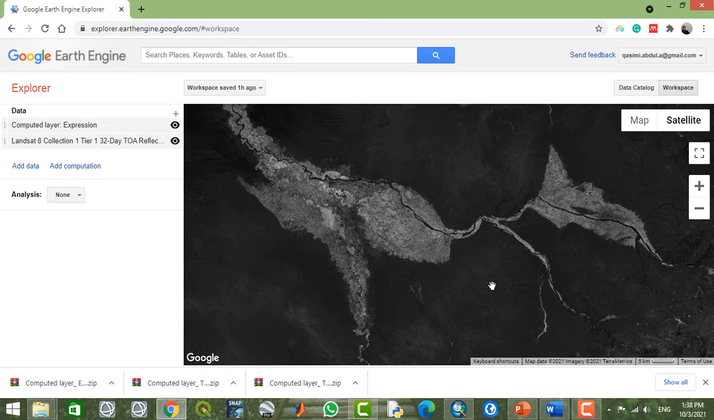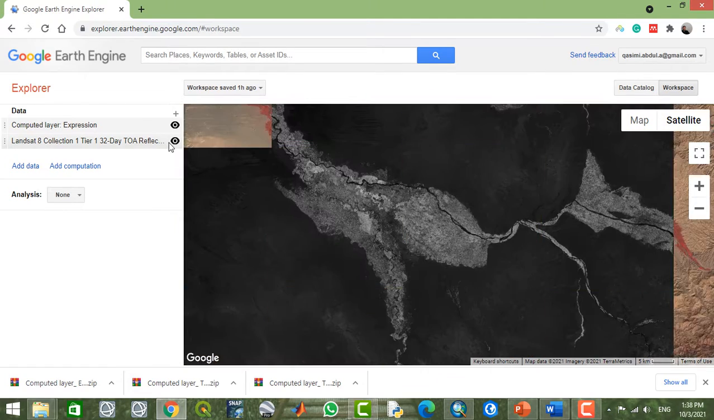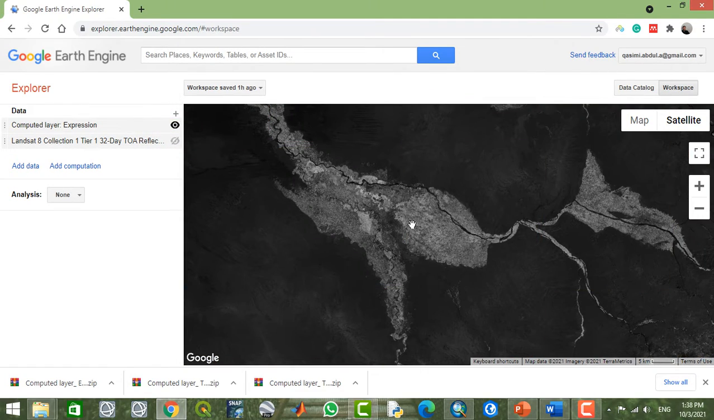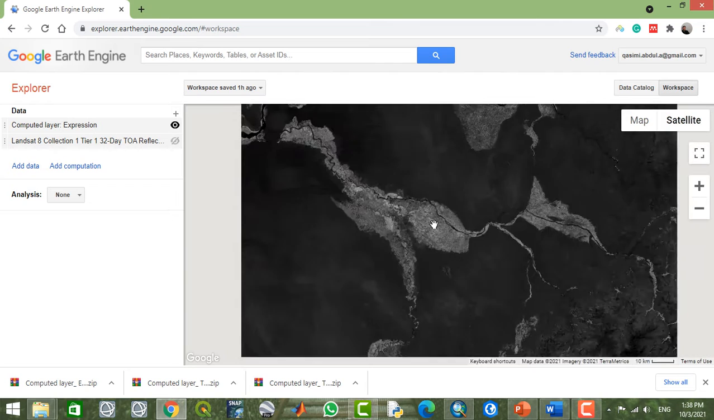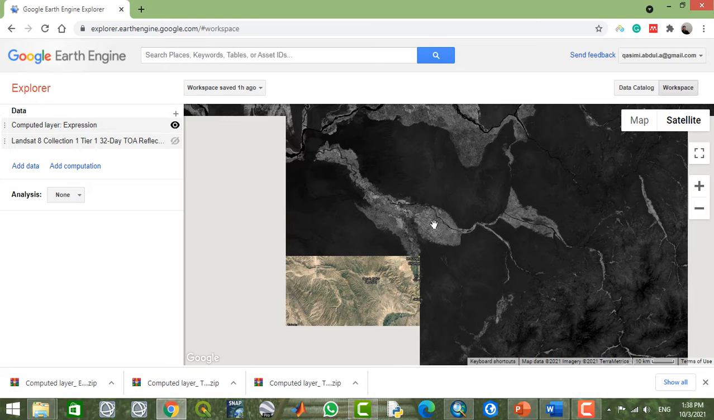Now this is the result. Once you calculate your index, so here you can see, and let me turn off this one, and this area with the bright color or white areas are the areas of vegetation or vegetation covered area. And what's the goodness of this? If you calculate an NDVI